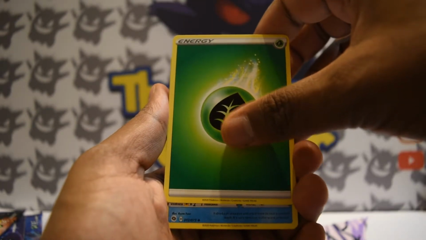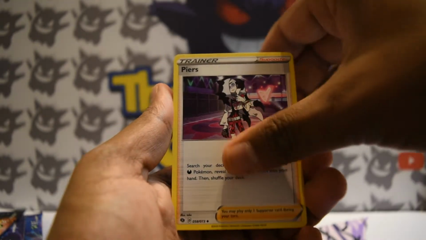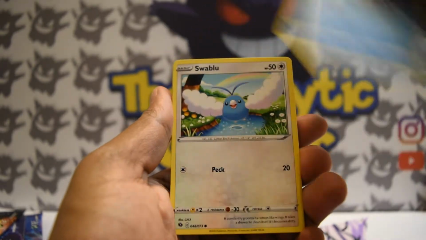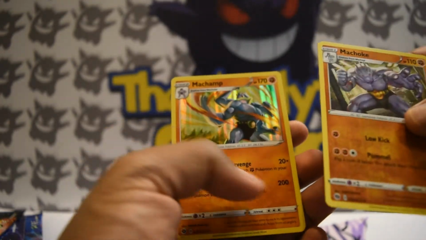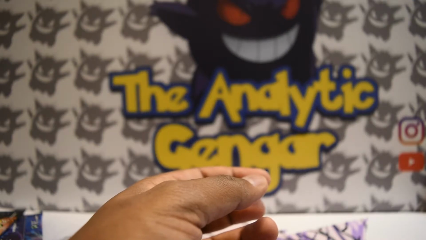Finally but not least, here's our pack opening. We have a Grass Energy, a Sharpedo, a Pieris, Hatterene, Ekans, Cursola, Swablu, Vulpix, Trubbish, a Machoke, and a Machamp from Champion's Path. Very nice. Now, in regards to